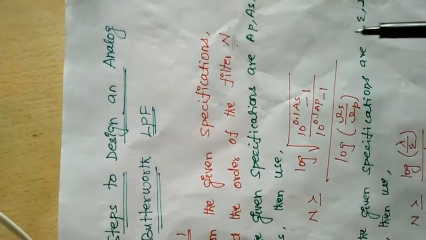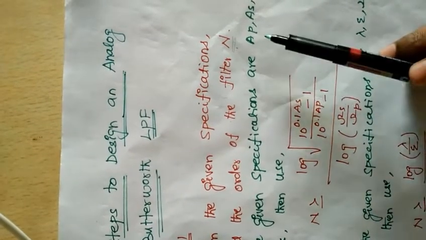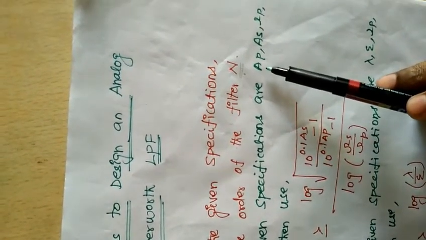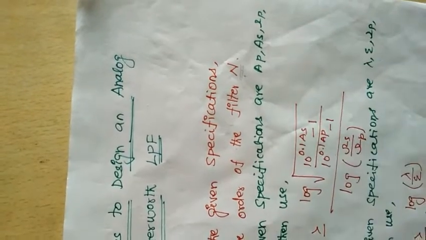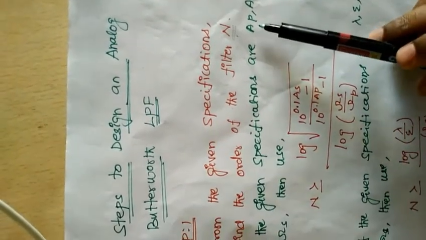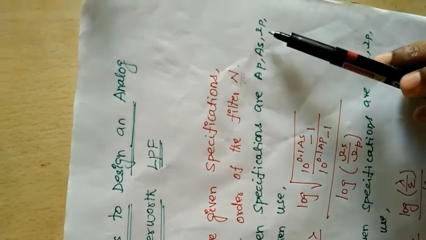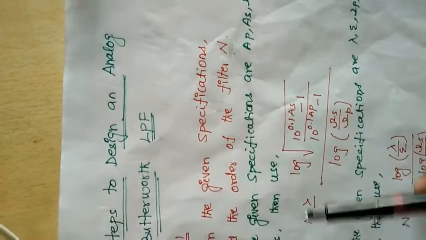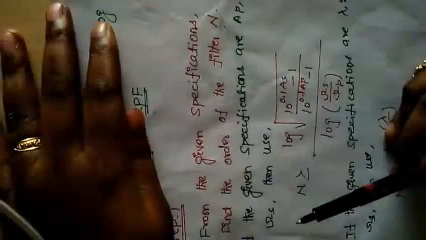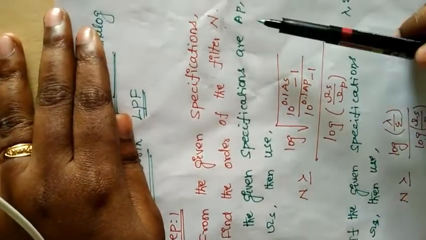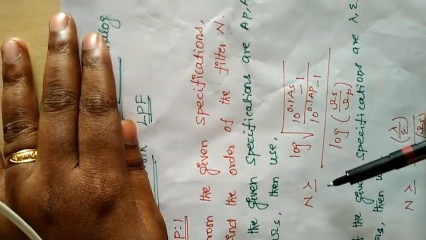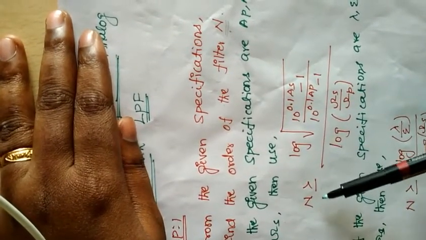Here we have two types. The first type is they will give the specification as AP, AS, OMP, OMS. AP is pass band attenuation, AS is stop band attenuation, OMP is pass band frequency, OMS is stop band frequency. If the given specification is like this, then we have to use the formula as N should be greater than